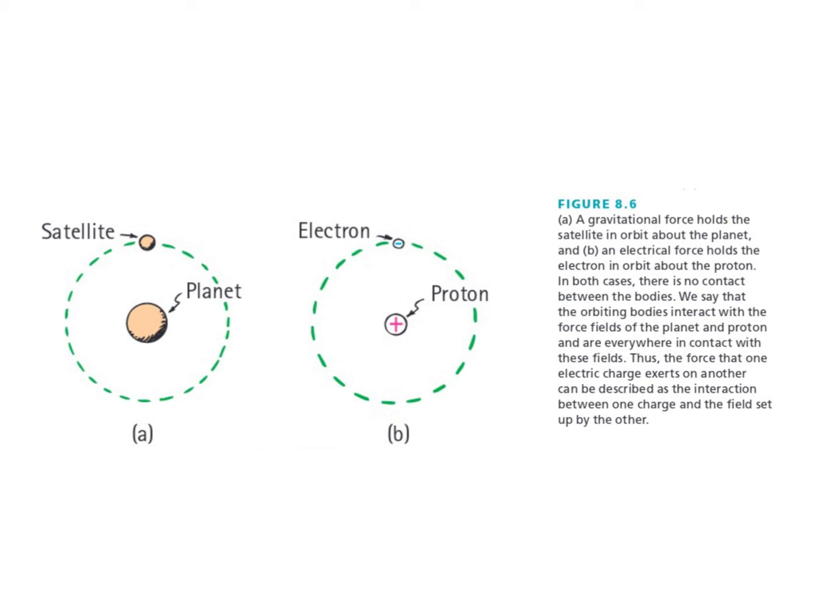But this model's not quite right, because the electrons aren't orbiting in this nice regular way. What they're actually doing is jumping. You might even think about it as like teleporting. So the electron's over here, and then it teleports over here, and then it teleports over here, and then it teleports over there. And over time, it covers this whole circle, just randomly teleporting from different spots. But it's these jumping things that happen. And the fact that these electrons can jump like that will be important later on for those of you that take physical science too and get into some of the chemistry of how electrons behave.